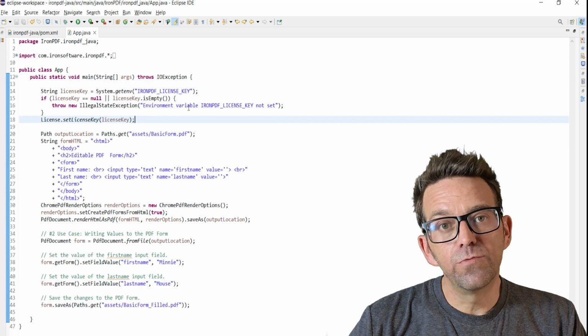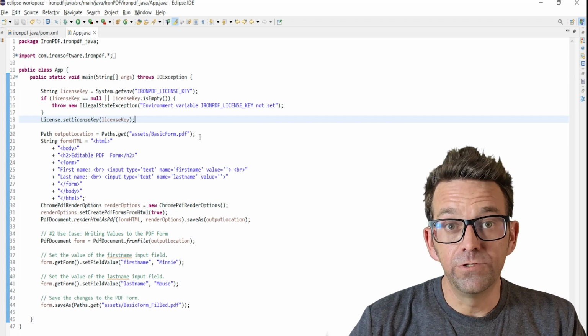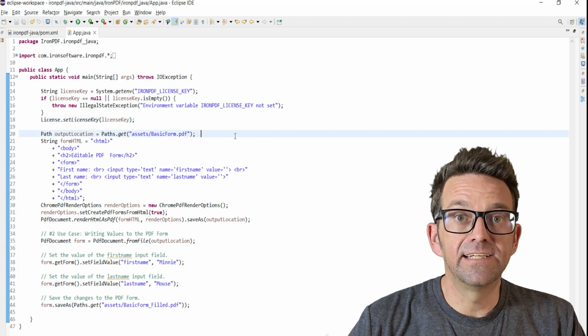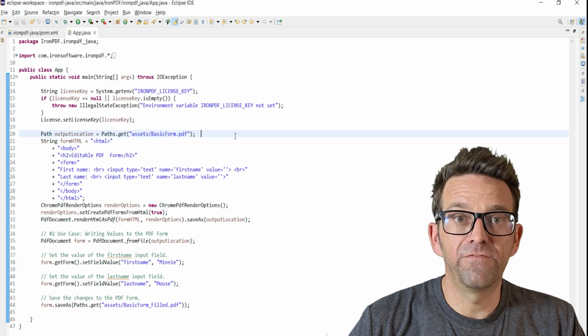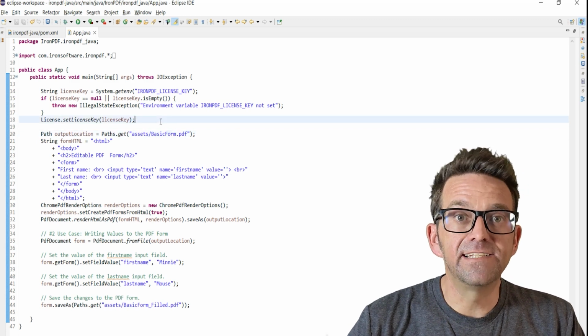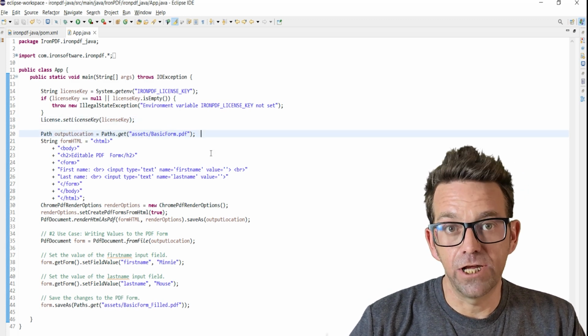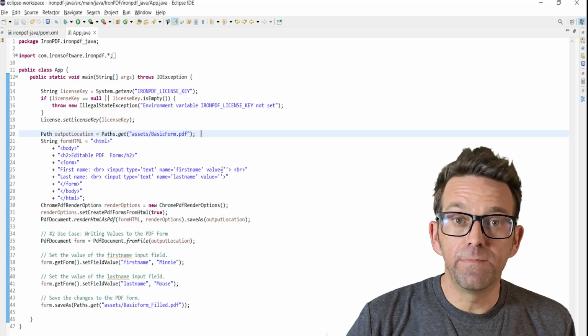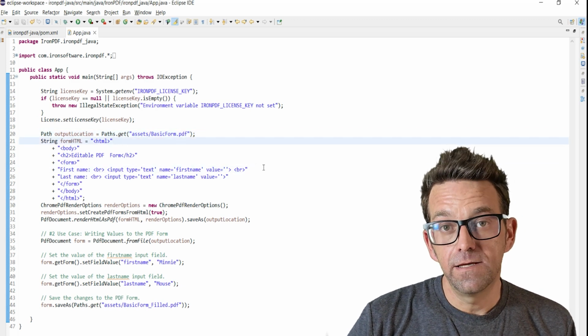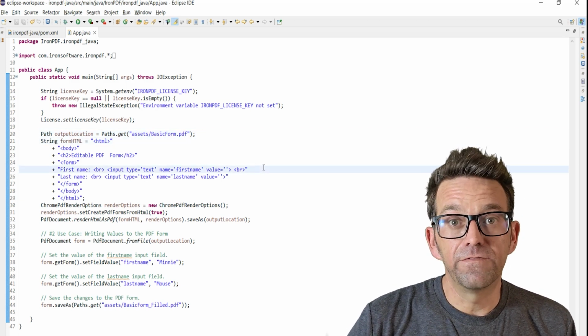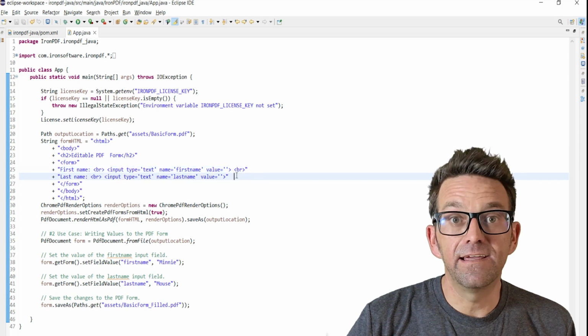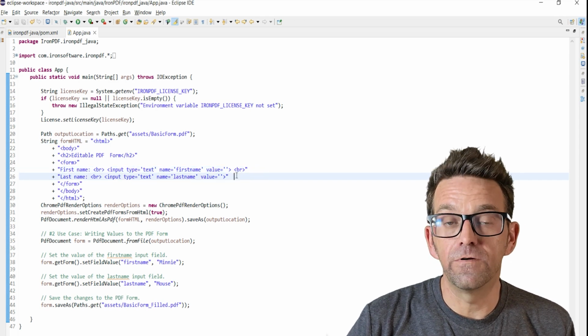Next, we define the location where our output PDF will be saved using Paths.get /assets/basic form.pdf. And this sets the path for the PDF file that we will generate. We then create an HTML string that represents our form. This HTML includes fields for the first name and last name, making it a simple yet effective form for demonstrating